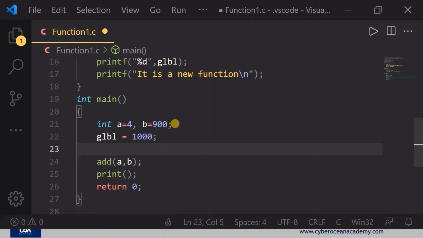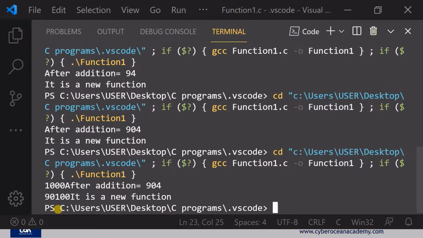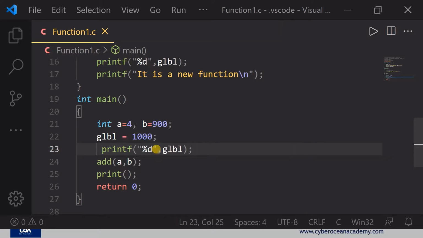1000 and just print. Okay, and save this C program and run this. So here you can see that 1000 first time when you call a function. After calling, it will print after addition, that is 90, and that is okay. So I'm just gonna give a backslash and write